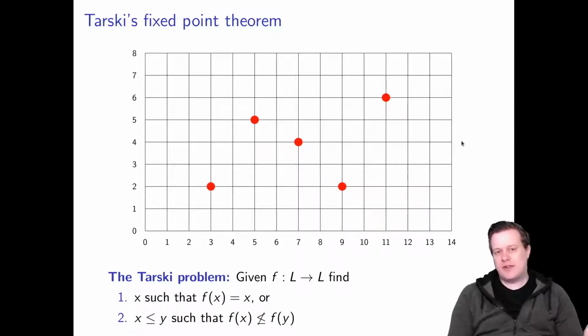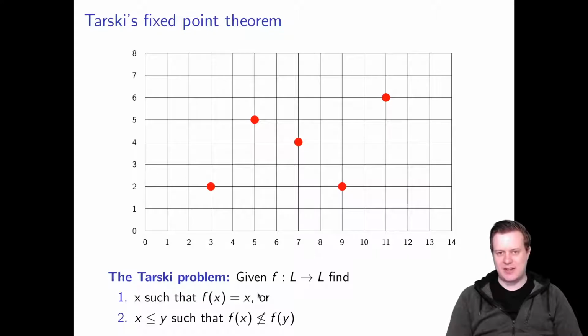So given Tarski's fixed point theorem, you can now actually define a computational problem we will call the Tarski problem. So you're presented f, and in this paper we're going to assume that f is an oracle, and we're going to make queries to it. We could equally well assume that f is some function defined by a circuit that you can actually inspect if you want, but we're going to do the query complexity point of view in this paper. So you're presented f, and you're asked to find, either find me an x that is a fixed point, so an x such that f of